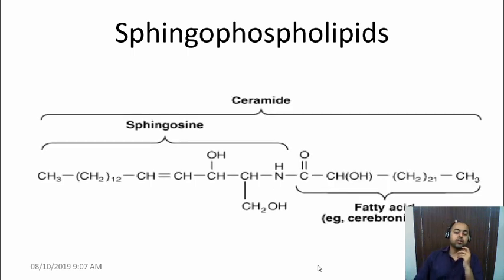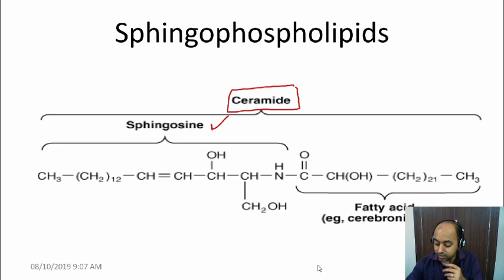sphingophospholipid. In the sphingophospholipid also we have a building block. This building block is what is known as ceramide. In ceramide we have two things: the alcohol, which is sphingosine, and to the alcohol the fatty acid is attached. This is called the ceramide, the building block of sphingolipids, not only phospholipids but the sphingoglycolipids also. In sphingoglycolipids also the ceramide will be the building block. In front of this molecule, the other groups can be attached.